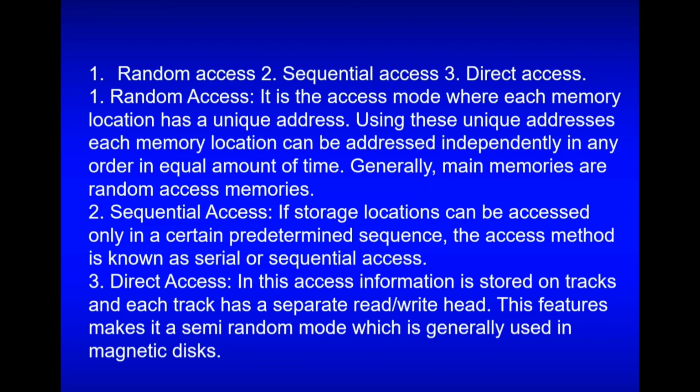Suppose you want to go to the 40th memory location or 50th memory location, you have to start from 1, 2, 3, 4 like that. Even though data is at 50th memory location, you directly cannot jump to that memory location. So you have to access one by one all the data until you reach the final destination, and only then you can access the data. Of course, what you can see is that the retrieval rate of the data will be much slower as compared to random access. And the third method is called as direct access.